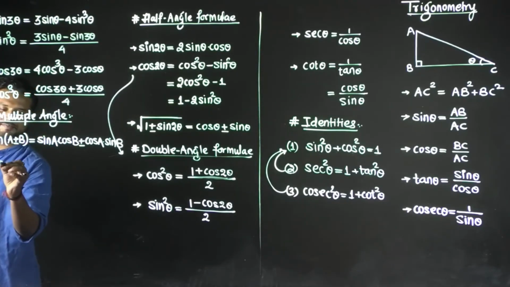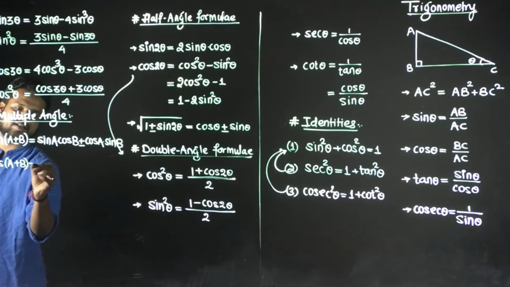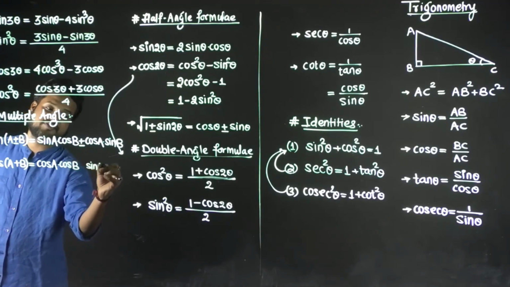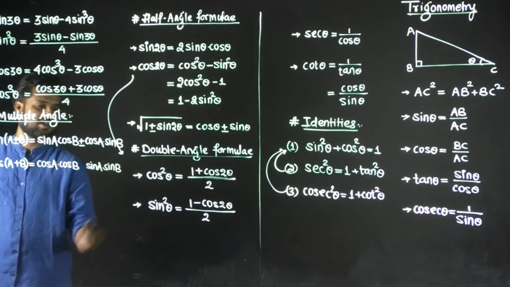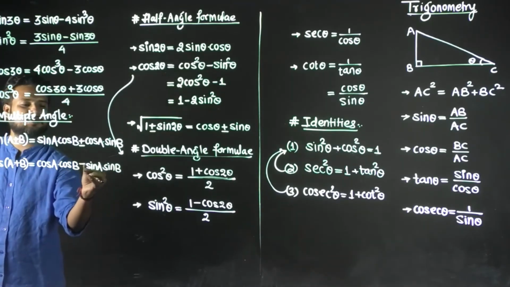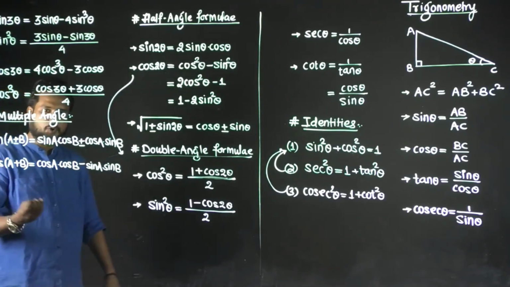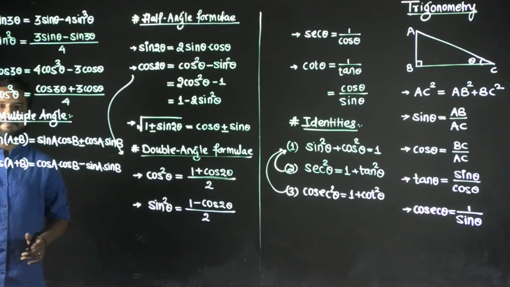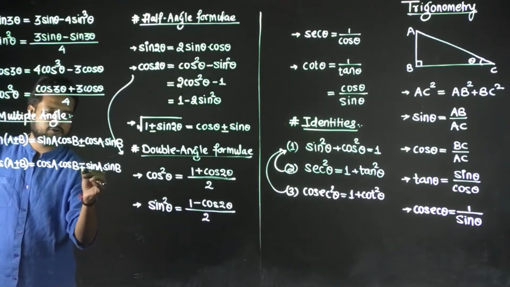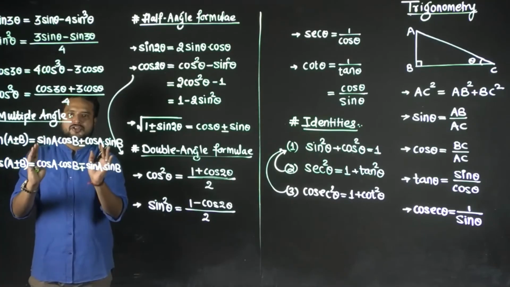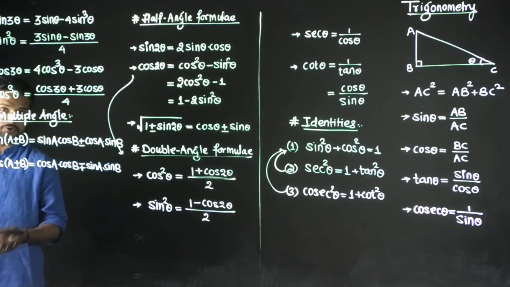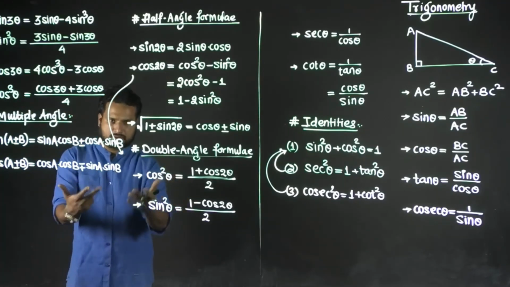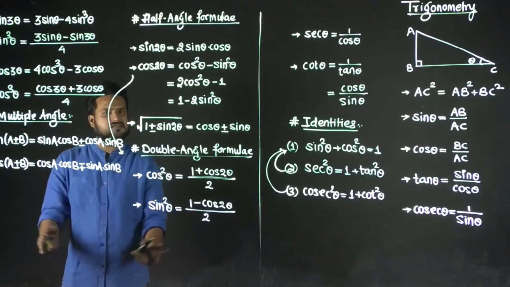Okay, what about cos? Cos of a plus b, slightly different. It is nothing but cos a cos b, then I have sine a sine b. And there is a twist. If it is plus, I am going to have minus first. So cos formula is what? Cos cos, sine sine, with the wrong sign. Means if it is plus, then I am going to have minus. If it is minus, then it is going to be plus. Okay? So multiple angle, this is the formula which we are going to use. Obviously, there are more formulae, but in our engineering curriculum, or basically BSc Maths or whichever curriculum you are in, this much is sufficient.